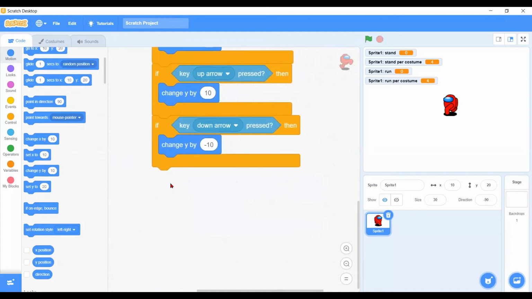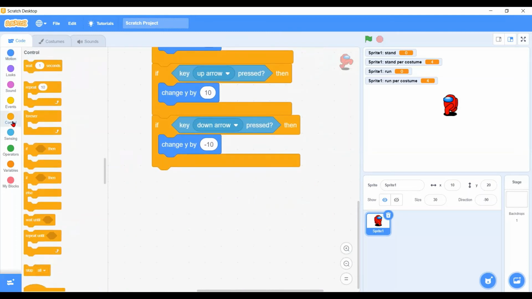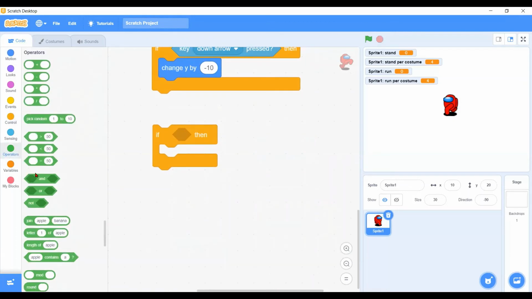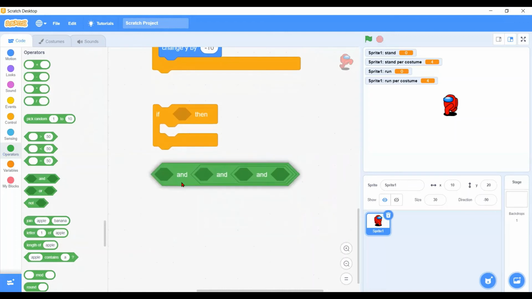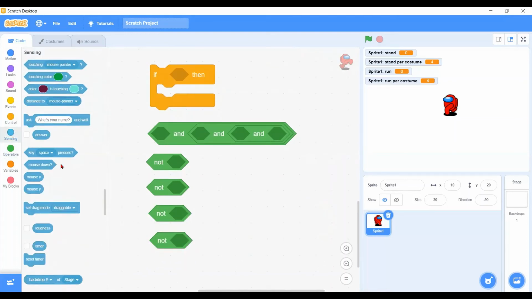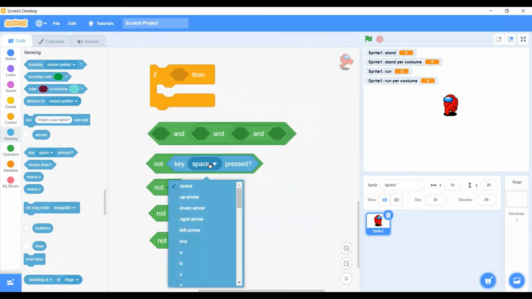So to fulfill this clause, we got to go to the control and take out the if, and then we'll go to the operator and take out the and. Yeah, we got to make sure all four buttons is not pressed. Then this character will be standing there and breathe. Not, and not, and not. Next, go to sensing, fill in all the buttons, space change to the up,